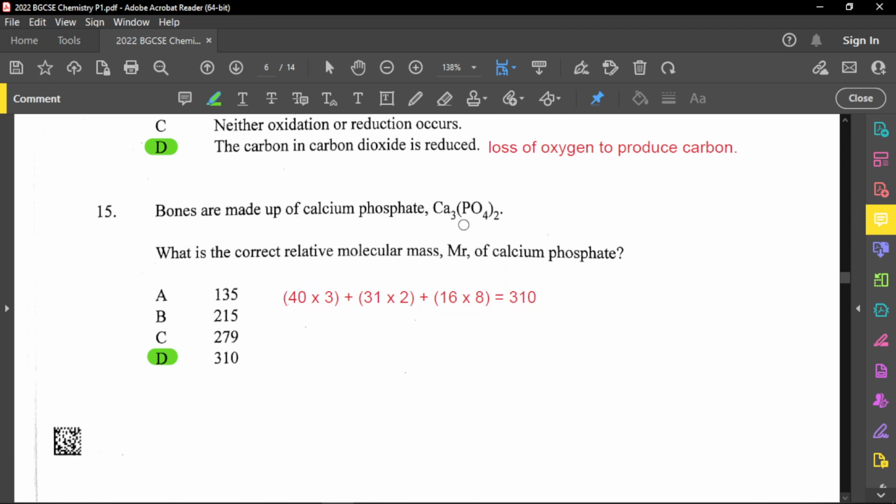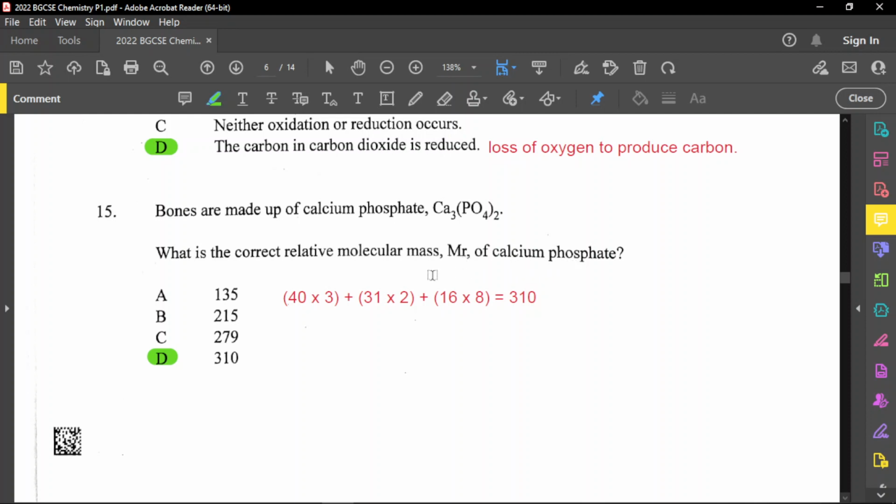All right, and of course we should understand how to write this formula, because again, calcium is from group 2, so it's 2 plus. Phosphate is a polyatomic ion, and so it is a negative 3. So of course we cross over the 2 and the 3 to get Ca3(PO4)2. All right, so the question now asks what is the correct relative molecular mass, which is also represented as Mr